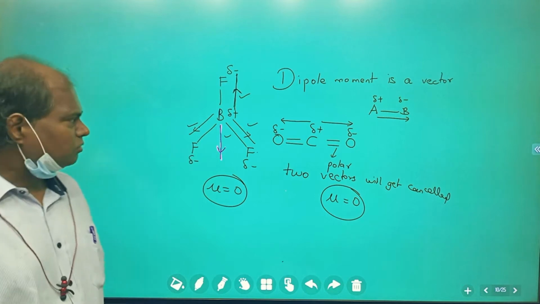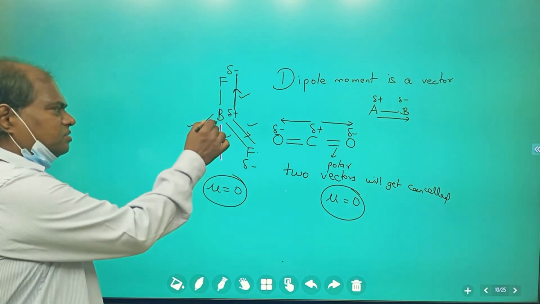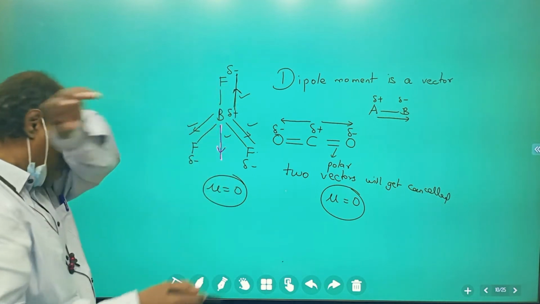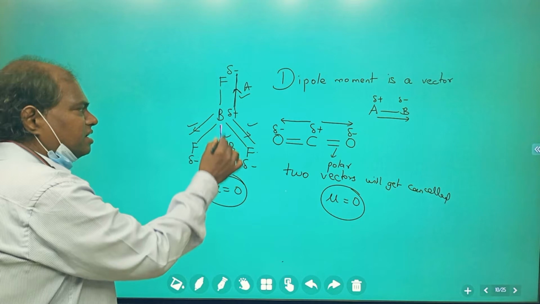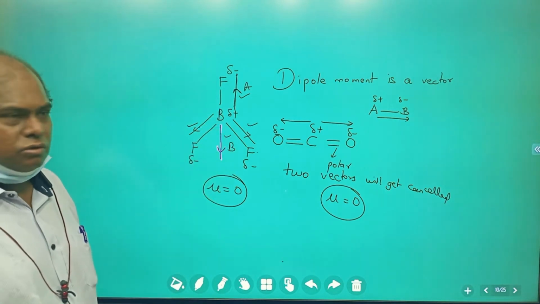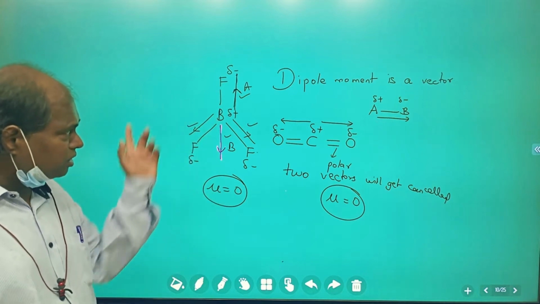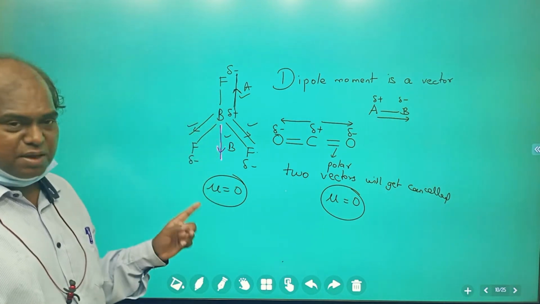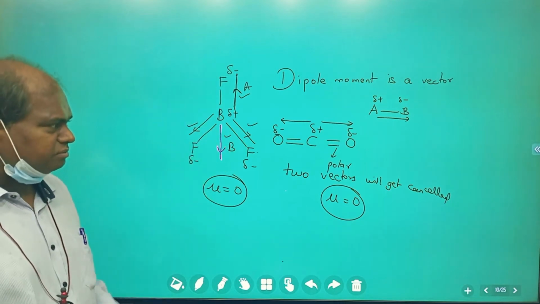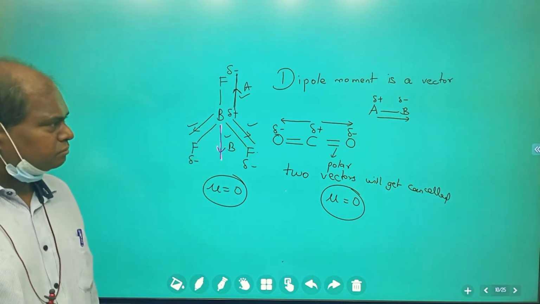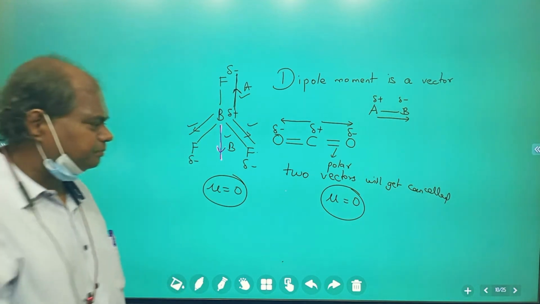Fine. So the two vectors will be like this, but this and this will get cancelled. I'll say vector A and vector B will get cancelled, right? Okay. So again, the dipole moment is here. So though this molecule has plus minus in the molecule, right? But because of this vector, everything becomes 0. Fine. So students, like that we can give many examples actually, right?